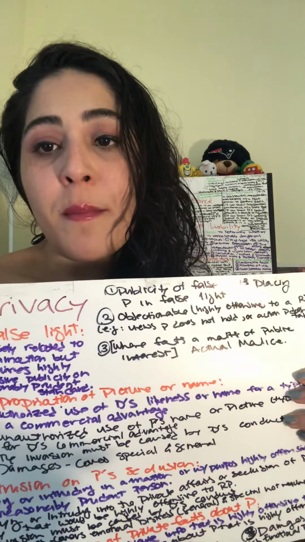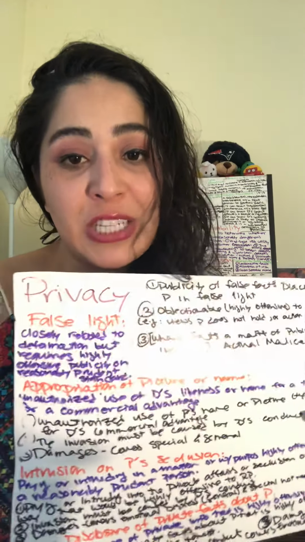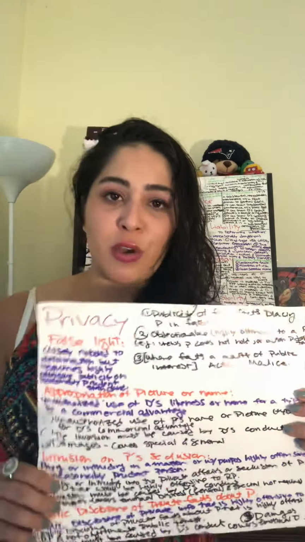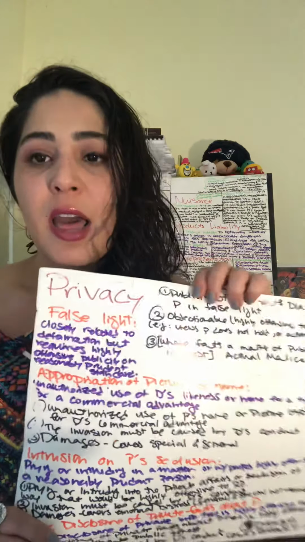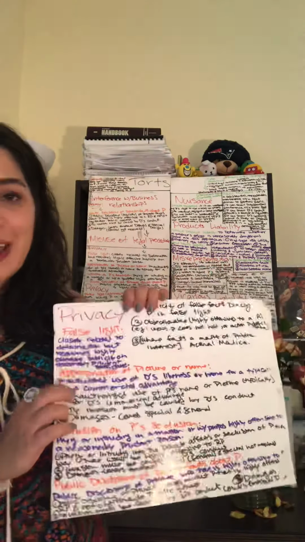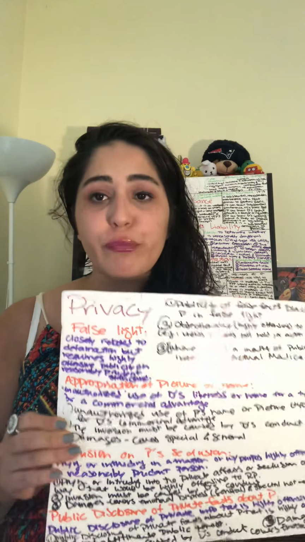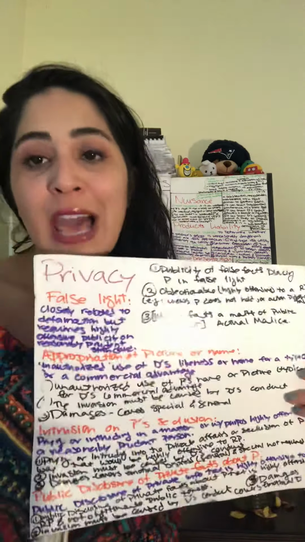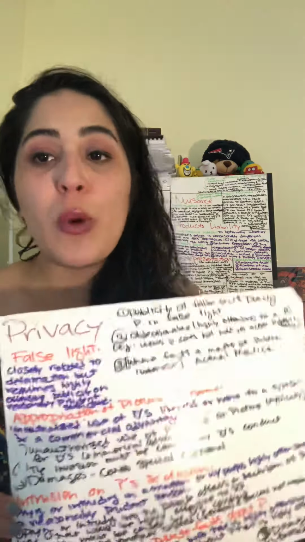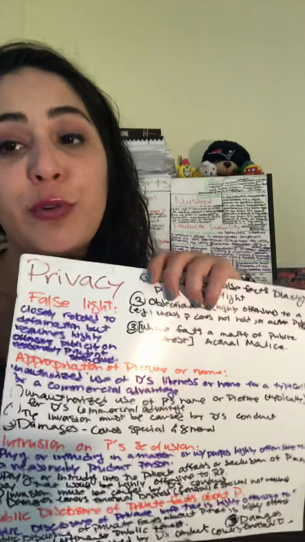So I would like to move on, and the next thing I would like to mention, which I've mentioned before, but I really like this definition, so I would like to mention it again, and this is appropriation of name or likeness. Okay, I don't think I described it enough. I kind of mentioned the rule real quick, and I don't think that's enough. So, appropriation of name or likeness is: anyone whose name or likeness is used for commercial purposes without their consent may potentially have a cause of action for misappropriation.